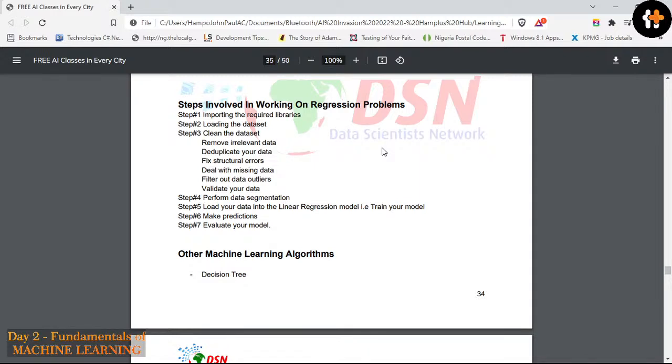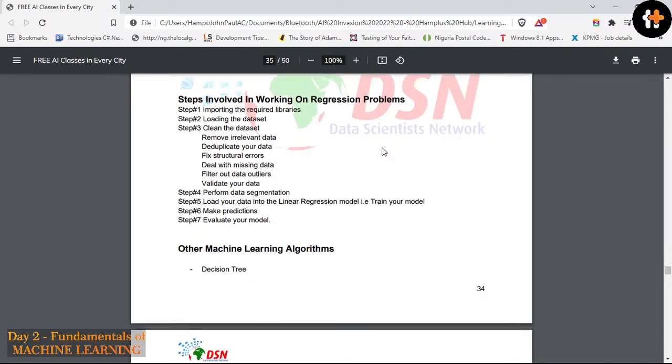Visualizations are very important because that is what you will use to explain to a non-techie. But if you are with a techie, you can use your codes to explain to the techie. Okay, so we proceed